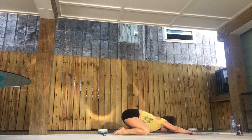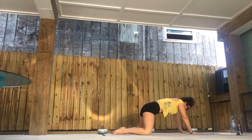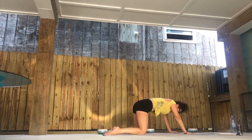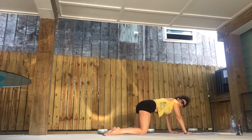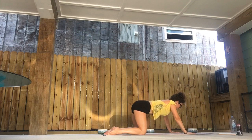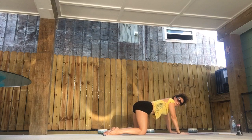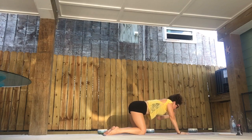finding the weight of your body back in your palms. Coming up, we're going to go ahead and thread the needle. Take a nice shoulder stretch here. So if you want to come from your puppy pose, that's where I'm going to take mine. You can come also just from the tabletop. When you're ready,